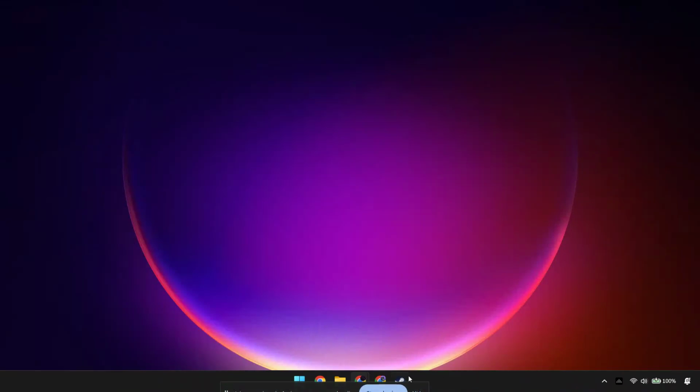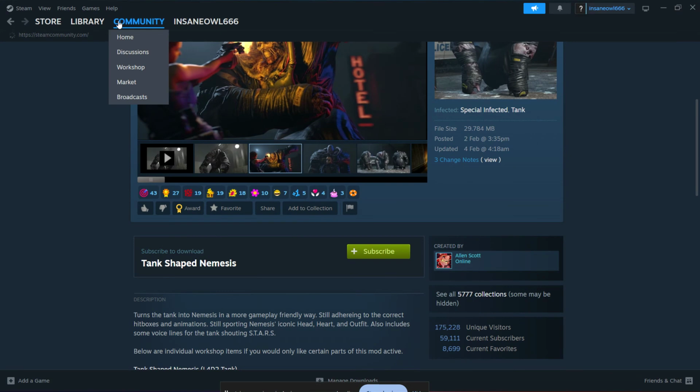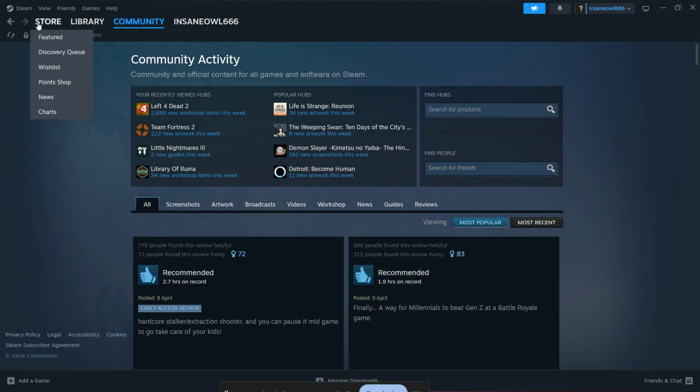If you want to use Steam Overlay while you're in a game, whether that's for chatting, browsing the web, taking screenshots, or opening the Steam interface without leaving your game, this quick guide will show you exactly how to enable it. We'll cover how to turn it on globally in Steam settings,